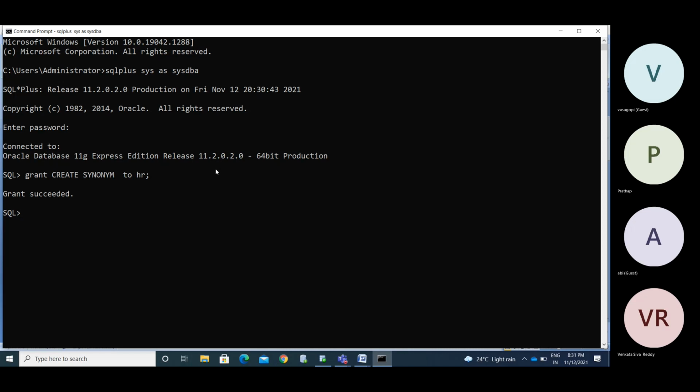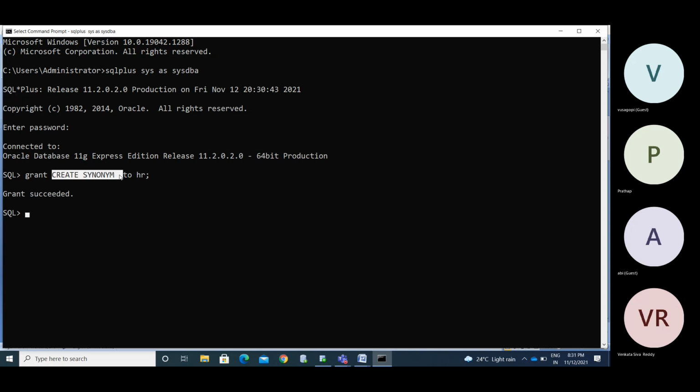Got it, right? In a similar way, if you want to create a synonym, you need the create synonym privilege. It's like if you want to build your house, no need to take approval. If you want to put money in your racks or box, something you can sell, there's no need to take any RBI approval.